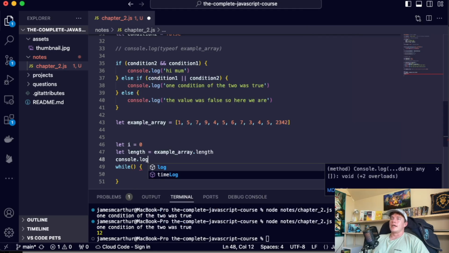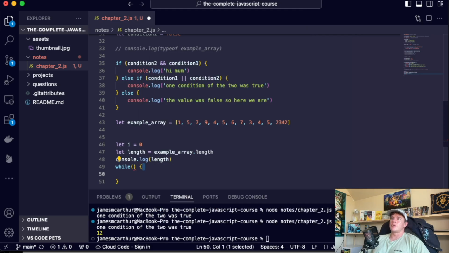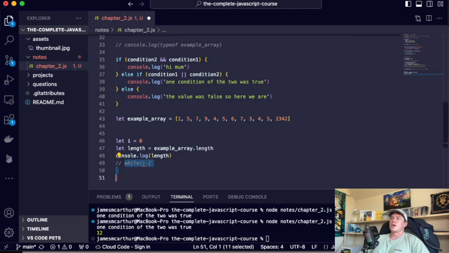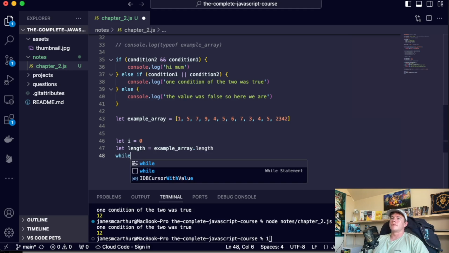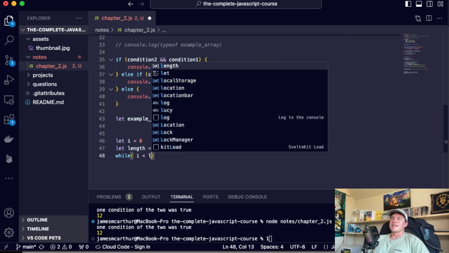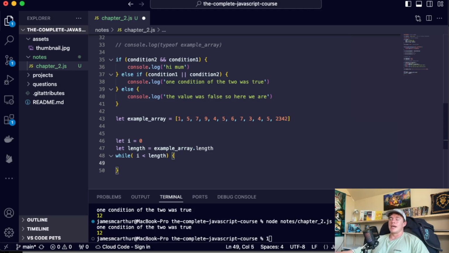We could actually go ahead and Console.log the length quickly, just as a little thought experiment. So what I'm going to do is comment out that code right there, and let's just execute the code so we can see there's 12 elements in our array. Now if I come back in here, we have our while block. We could say while i is less than the length, where less than is an operator